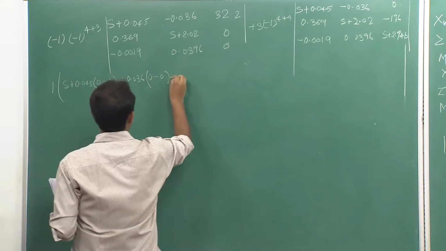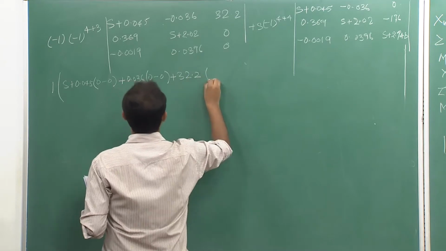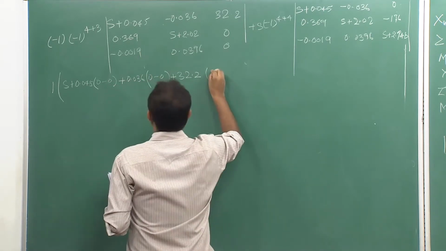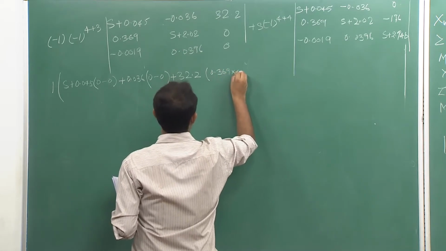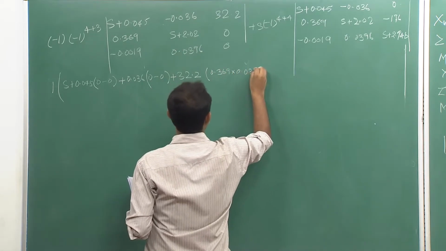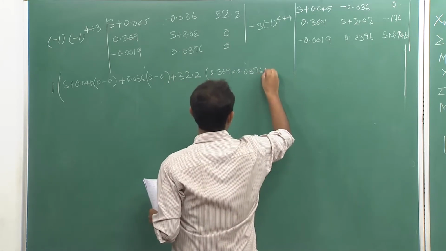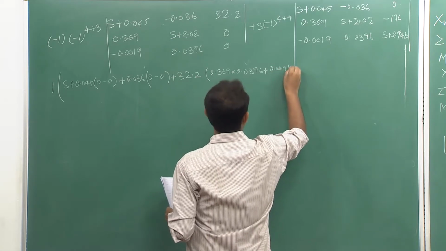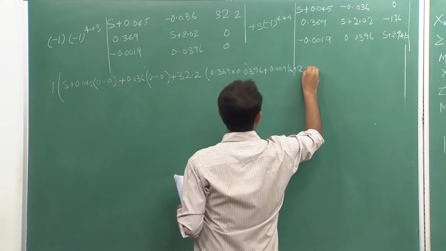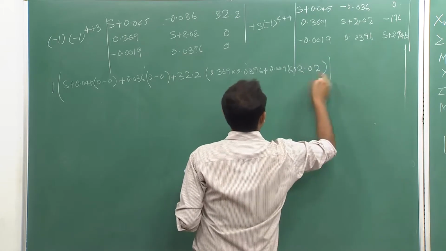So we will be left with only 32.2 and 0.369 into 0.0396 minus of minus, and minus will be plus 0.0019 into S plus 2.02, okay, plus